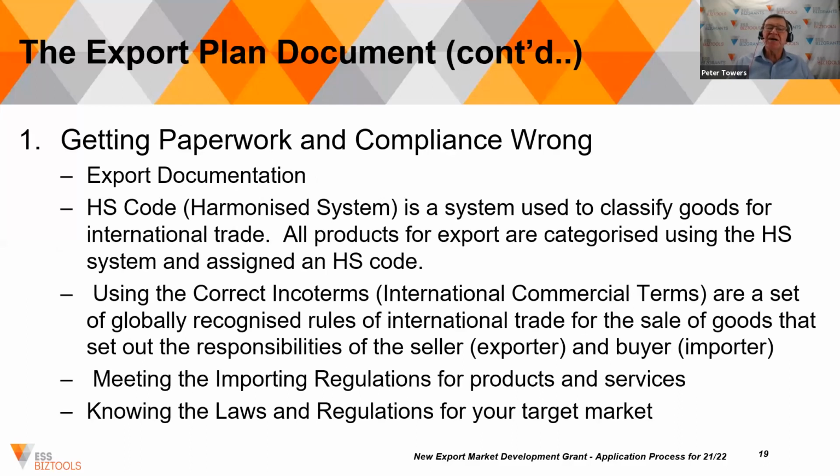The export documentation. I can well remember my baptism of fire in getting introduced to the concept that I was responsible for export documentation. That hadn't been explained to me, and I wasn't given a detailed list of what my responsibilities were, unfortunately, or if I was, someone conveniently missed off export documentation. It's a world unto itself. Now, a lot of things have changed since then, but we need to make sure that your client fully understands